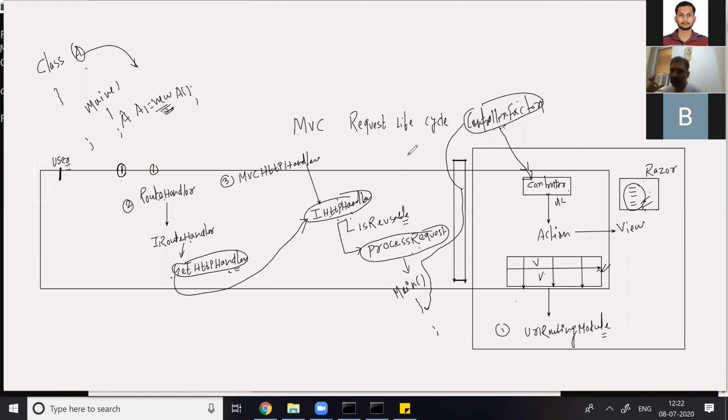The controller can call the business logic layer, and the business logic layer can call the repository layer. For these kinds of activities, I prefer loading the controller.